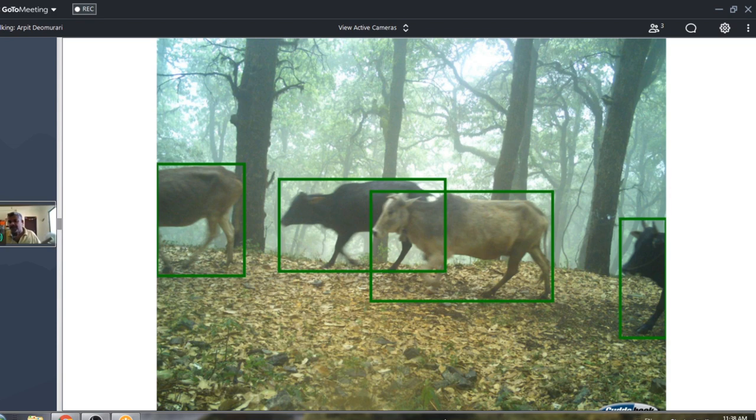So you don't have to do much painstaking manual work, and it really improves my efficiency in getting individual camera trap data into the model quickly. Because realistically, before this technology, we did 3 months of survey. Sorting out the images, with 4 or 5 interns if it's a small survey, would take another 6 to 8 months. Then you analyze the data and you write. So by the time the report comes out, which actually helps the park managers or the forest department, it's going to be old data.